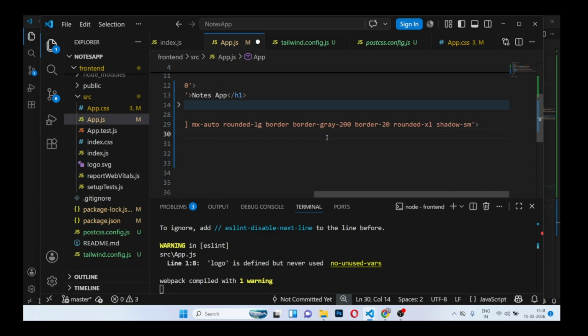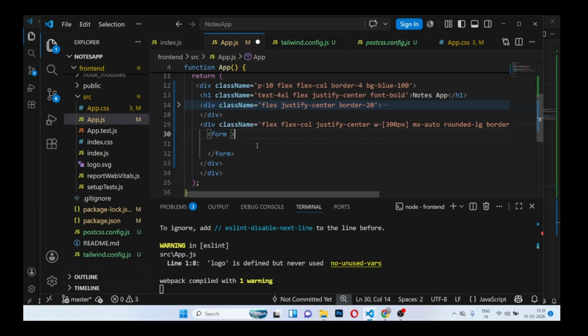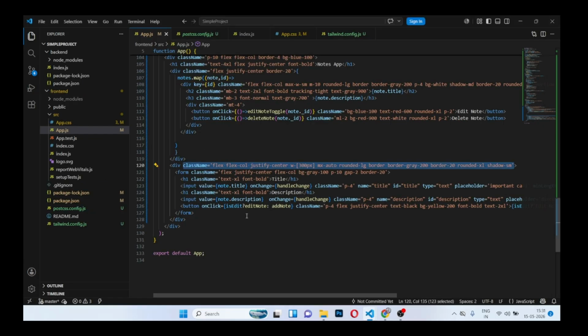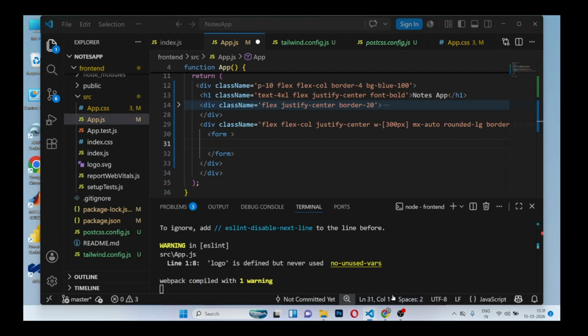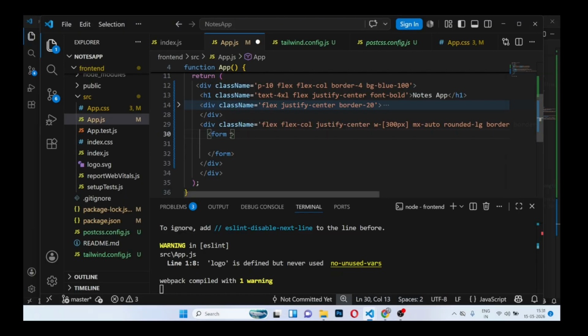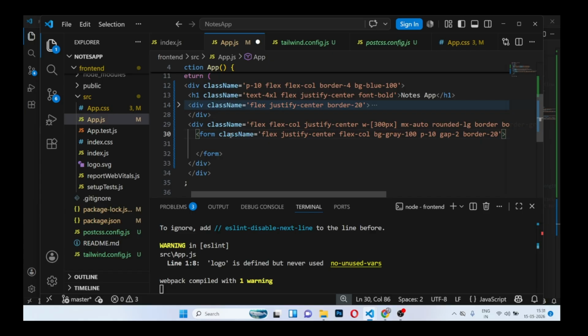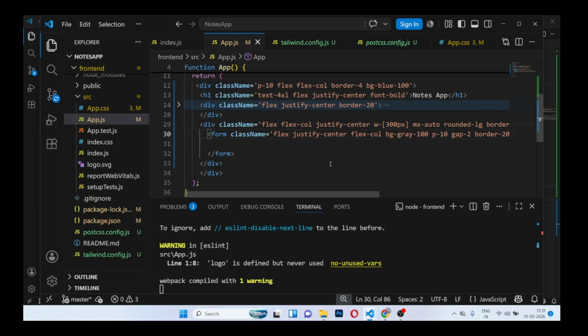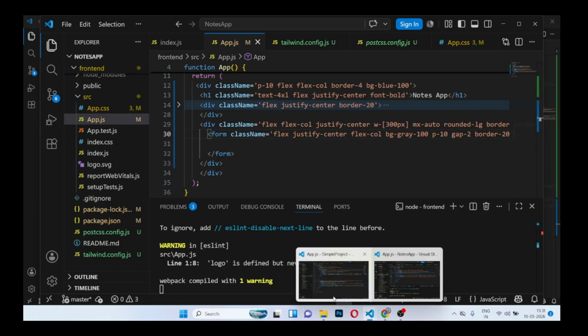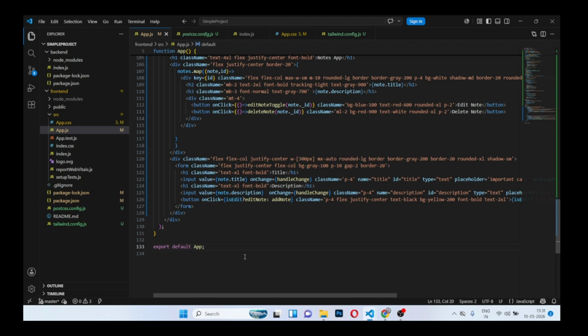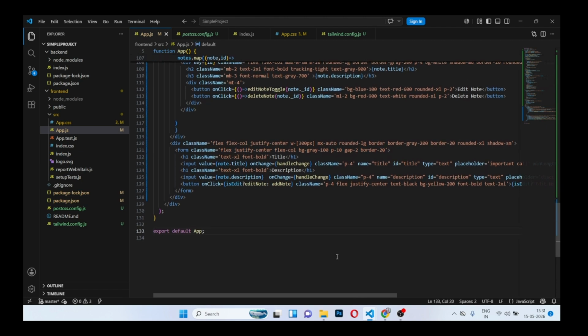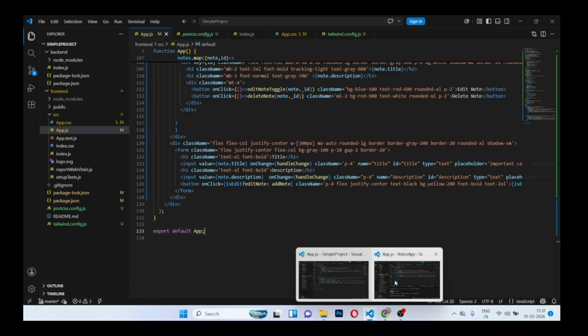These are same classes that we used previously, so you can understand them. Now inside this form I am copying this class. Okay guys,